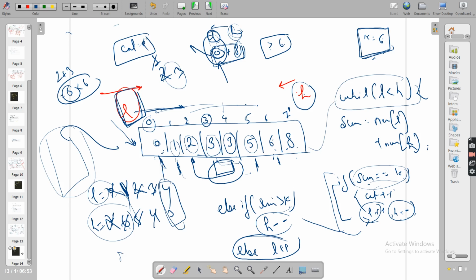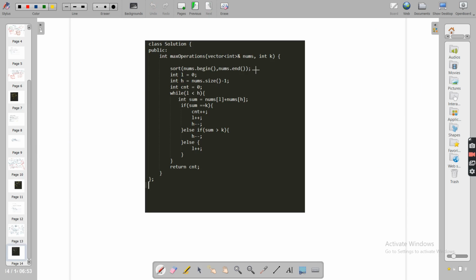Now see my solution. Simply, first of all, we need to sort the array, and you know why we sorted the array initially: because in brute force, sorting would give you fewer comparisons, and we saw that after sorting we can use the two pointer approach, because we can decide whether we need to go to the right or should we go to the left. So this is L, this is H, this is count, and this is a while condition simply. And finally you will return count.